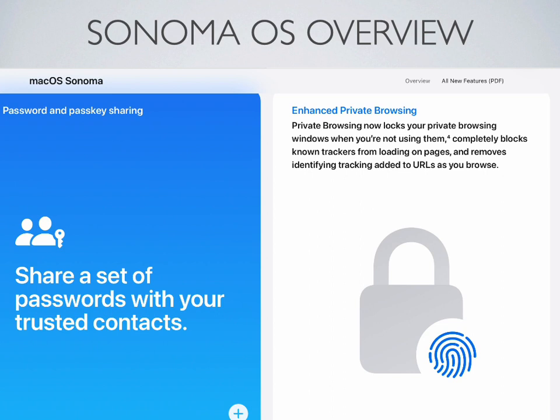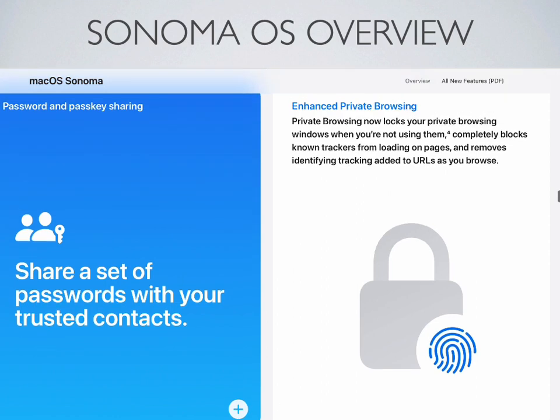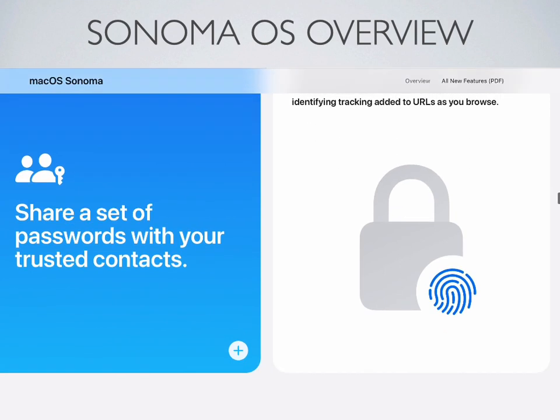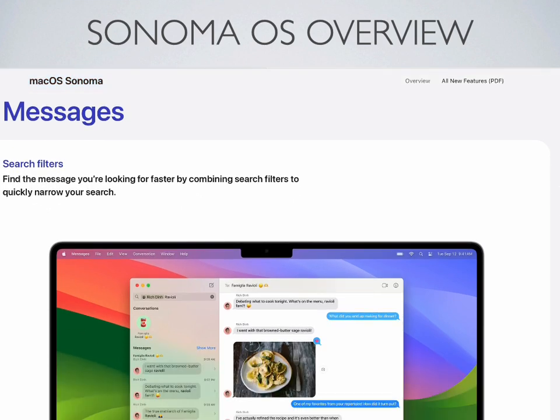One of the things that I did with my wife and I, we set up a set of passwords and we share them, so we can always keep them up to date for certain things. Again, it's pretty safe. It works off your keychain. Enhanced private browsing will lock your private browsing down so that it makes it harder for spammers and stuff